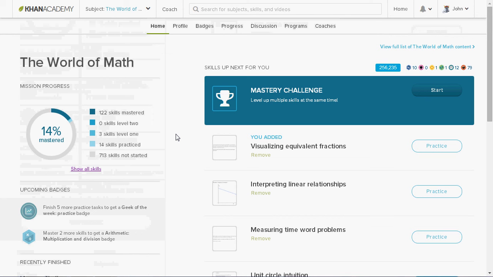Now you can see that my skill points went up, and I've got badges and stuff. That just shows how much effort I've put in over the course of the 2.5 years that I've been at this.